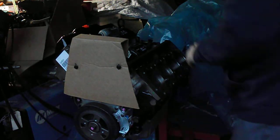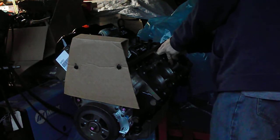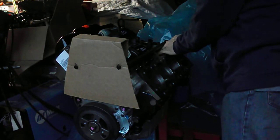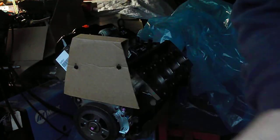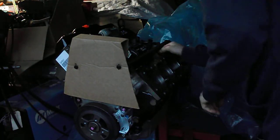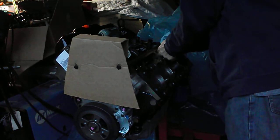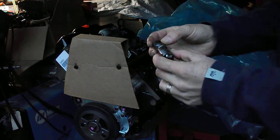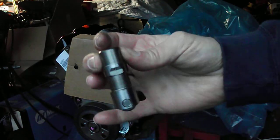Here's the second retainer. The third and the fourth alignment devices. I could reach that lifter. Everybody probably knows what a roller lifter looks like. It's got the roller on the bottom, the lifter,